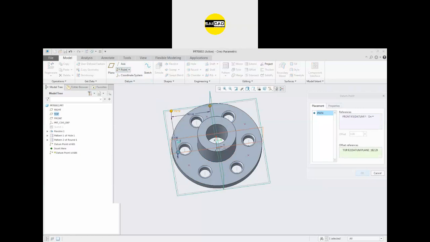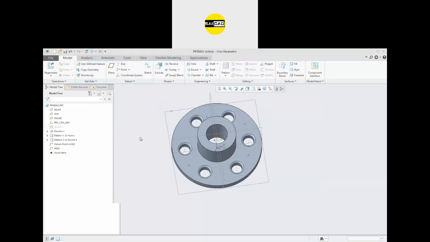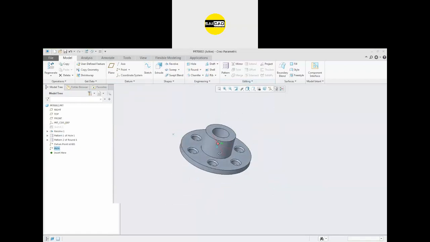Click OK, and so there is a new point EMP4. You can see we have multiple points here. That is a different point ID, this one, and this is EMP4. This is a single point. Clear? If you have any question in the point, you can ask.